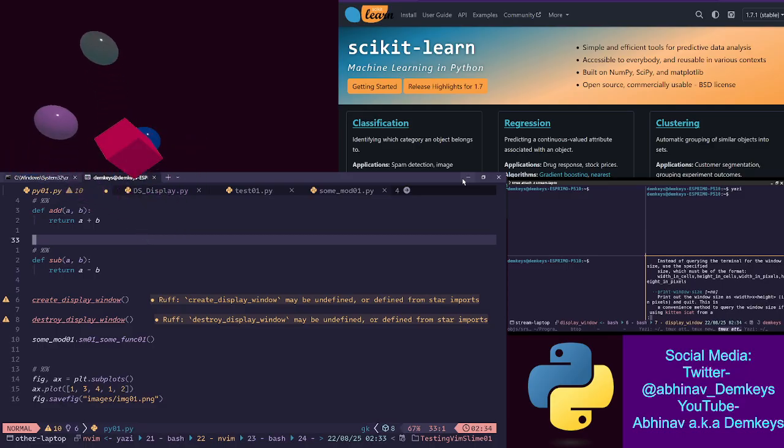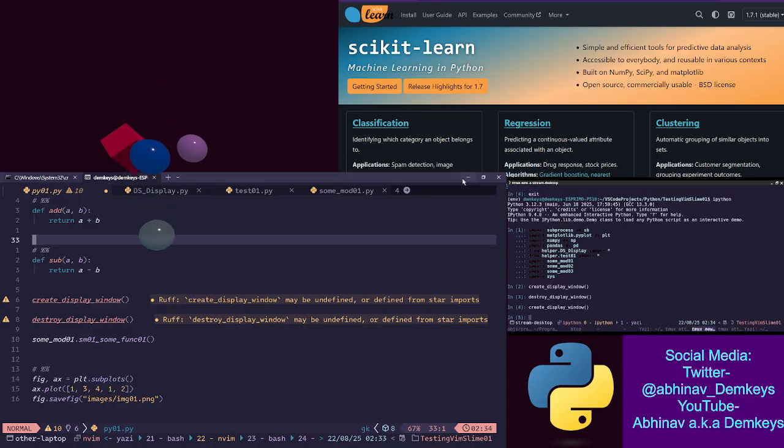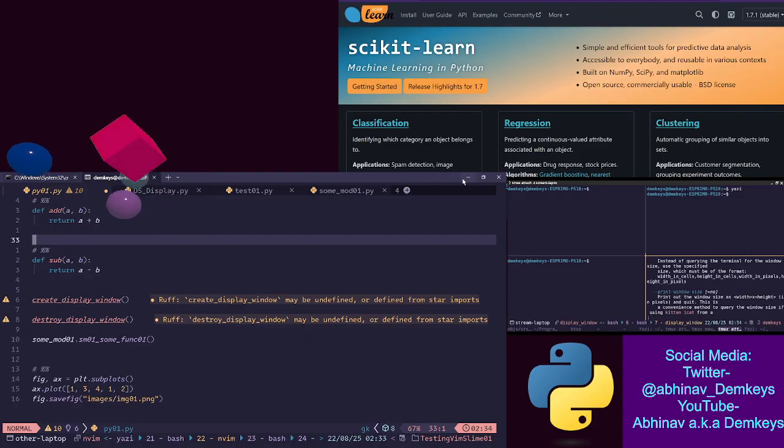What's going on there? Okay, all right. So now let me put the window out of focus. Okay, yeah, it still seems to be doing it. Yeah, I don't know what's going on there. Anyways,